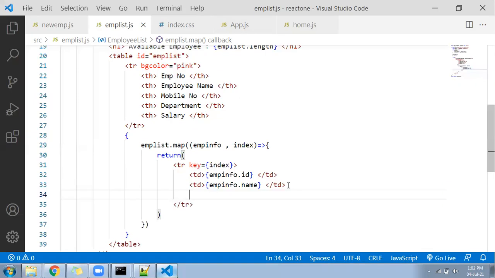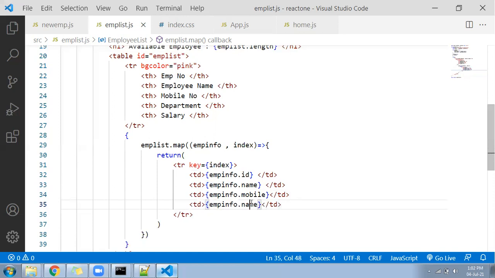Let me follow the next TD. We can print the mobile, we can print the department, we can print the salary. So we have a property inside the JSON file that is called mobile. And in the same JSON file, we have another property that is called DEPT.